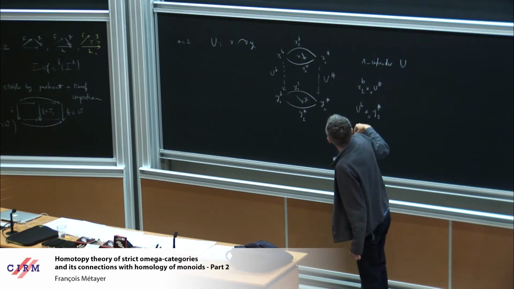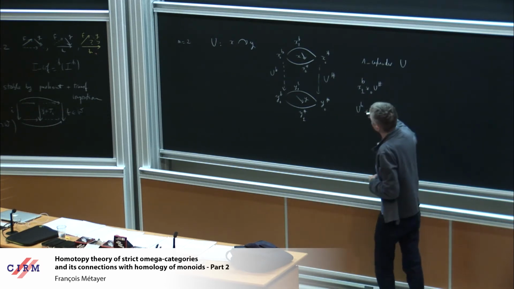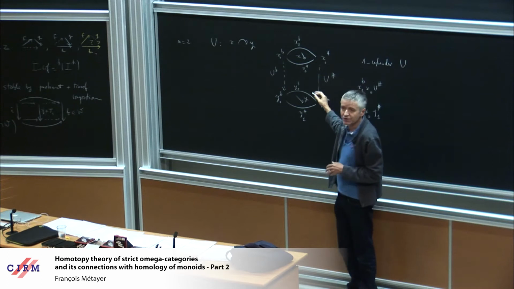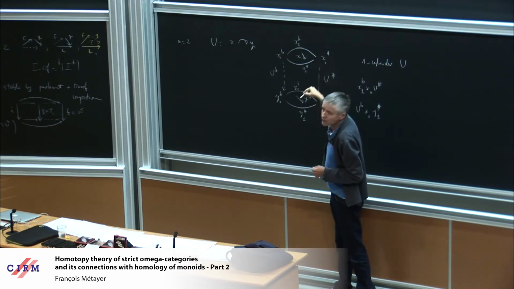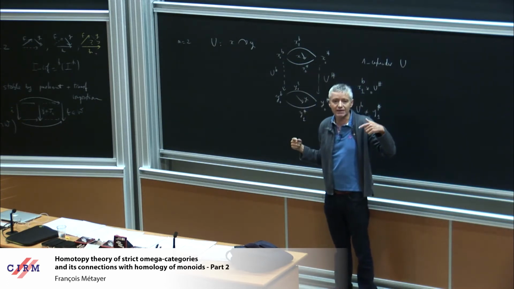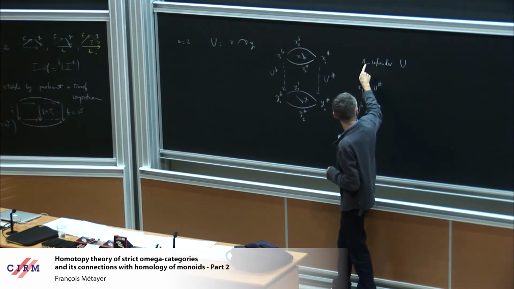Sharp here. So it basically boils down to the one cells, the one reversible cells that I need to build this one cylinder